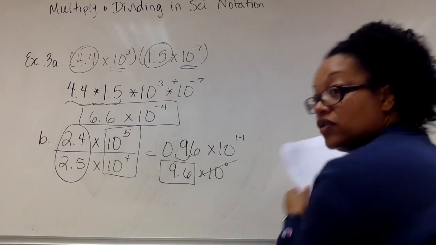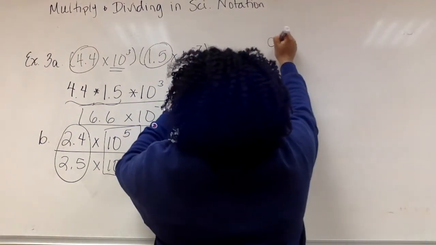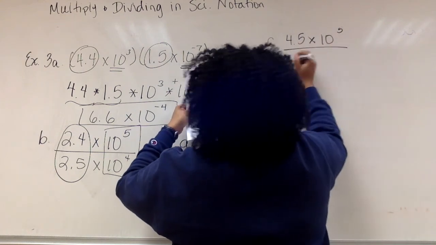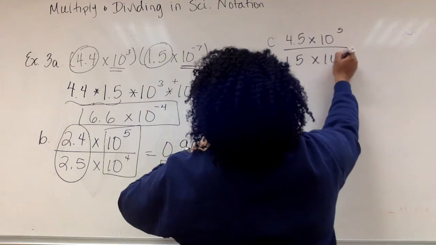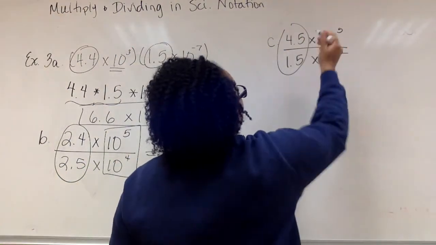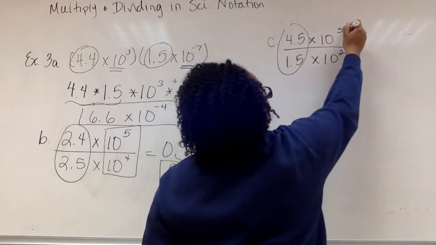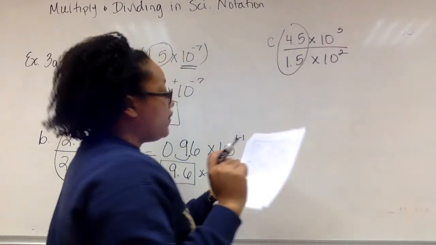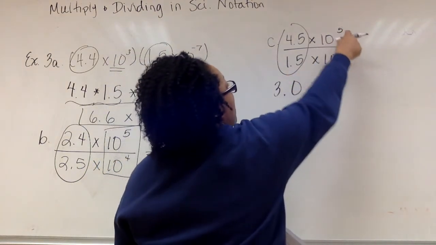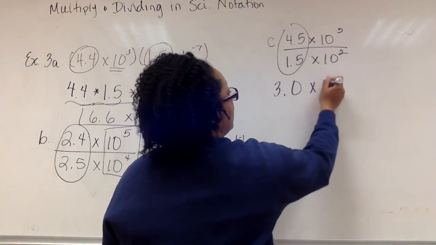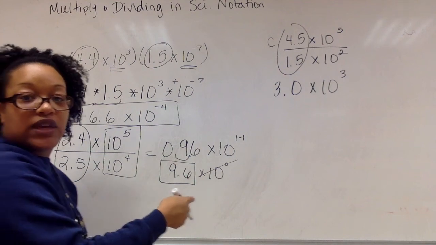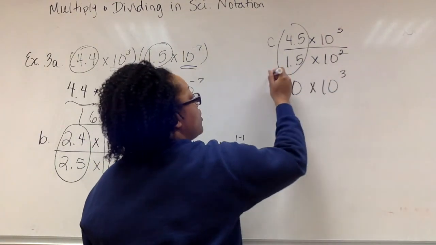Letter C. Can you see me over here? Yes, you can. Letter C is 4.5 times 10 to the 5th divided by 1.5 times 10 squared. All right, you know what to do. Here's your C, divide it. Like bases, subtract them. 4.5 divided by 1.5 is 3.0. 5 minus 2 is 3. This is between 1 and 10, so we don't have to do that funky stuff we did over here. That's raised to the third power. Box your